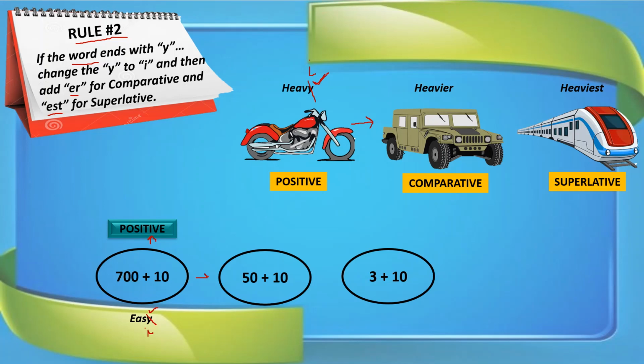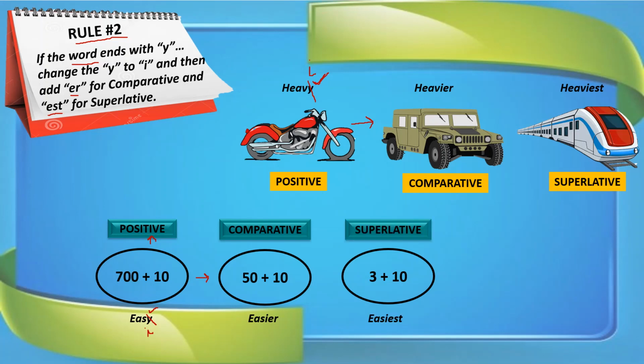So after we have replaced the letter Y with letter I, for comparative, after the letter I, we will add ER. So easy becomes easier. And similarly, for superlative, after the letter I, we add EST. So easy becomes